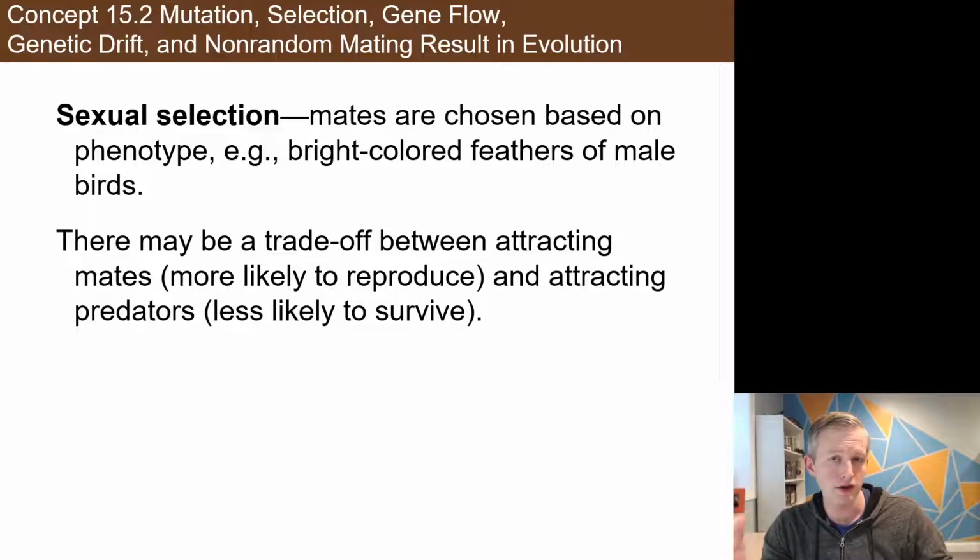Like, that's all well and good for wooing another bird, but then you've also got to deal with the fact that you've got all these crazy feathers and things, which maybe slows you down and makes you easier to pick off by predators. So there's a balancing act happening there in terms of those traits. Nothing's ever as simple as like, this trait's good, and so we just get more of that trait. There's always a trade-off in some way on some level when you think about these different adaptations,